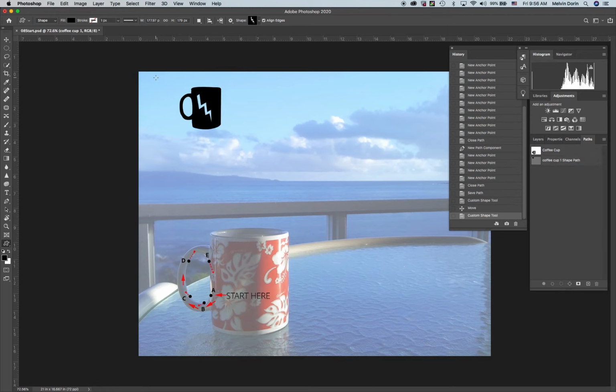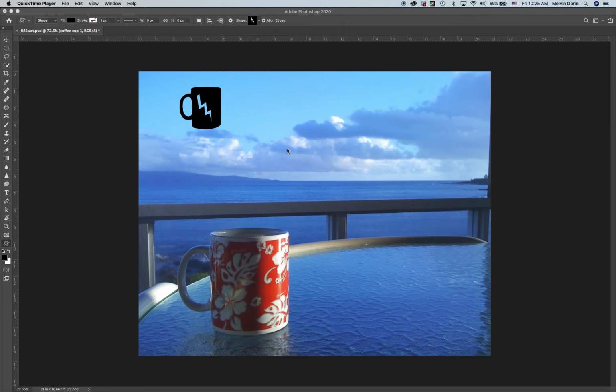And that will do it for this segment. We'll come back to segment 3 where we'll finish the rest of the logo. I'm going to place a smart object which was created in Adobe Illustrator for the rest of the logo, and that will be Kailua Coffee. So we will place that smart object at the top of the screen,